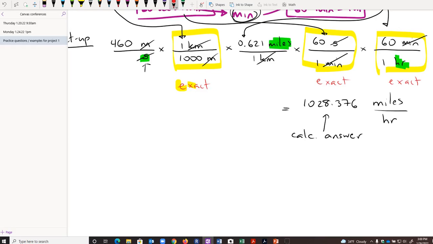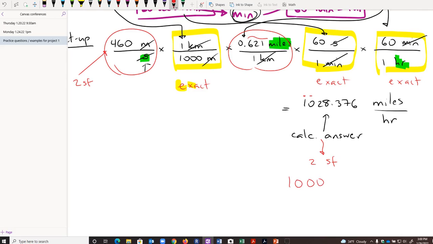Okay, what's going to limit our sig figs in this case is our initial number here, which actually has 2 sig figs in it. And by the way, this one here has 3 sig figs. So when it comes to multiplying and dividing, we take the number with the least number of significant figures. So we want to round this to 2 sig figs. All right, so there's our first one, there's our second. The next digit, the 2, is less than 5. So this ends up being 1,000